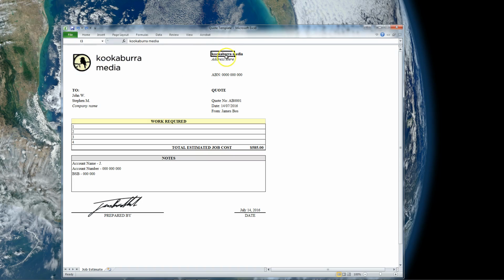You also want to replace my company name with your company name and put down an address. Now it can be something as simple as your city, your postcode, and your state, and in some cases country. Here you would replace, this is Australian business number. This is a number that you have to be registered with in Australia to be counted as a business. So if you're in the United States, you would simply replace the ABN with your own state or